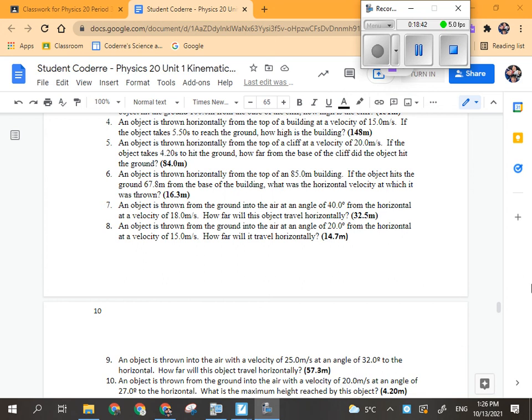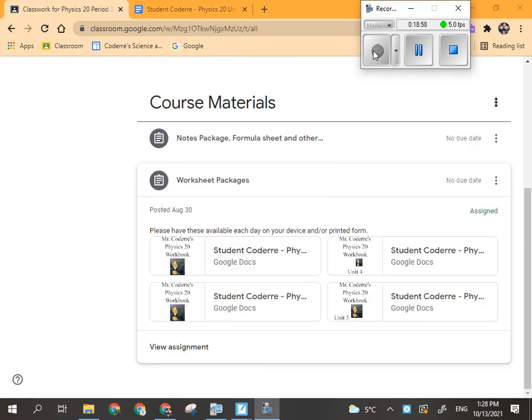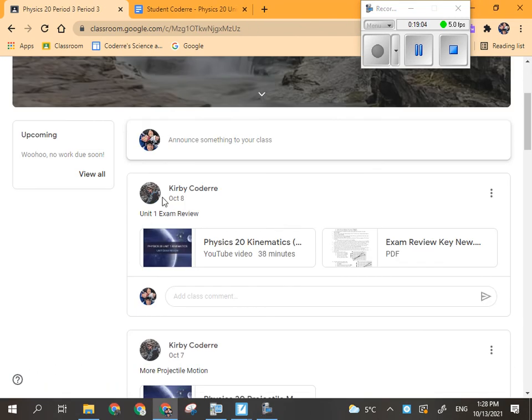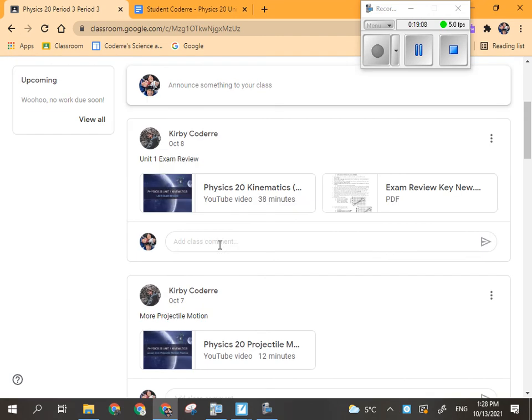Is there any way of getting the answers for the exam from that worksheet? Did I not post them? Or maybe you did, but they weren't on there as usual. Well, no, they're not in there like that. I have a separate key file. Okay, guys, so as requested, I have put the key in, but I put it in with Friday's unit exam review. So if you go into the stream, okay, this is my review podcast, and right here